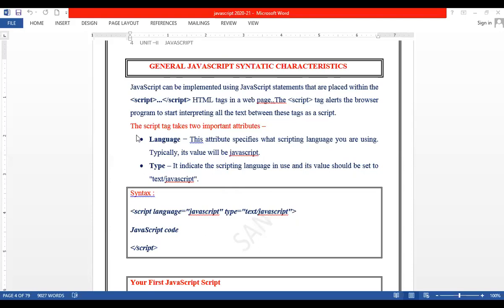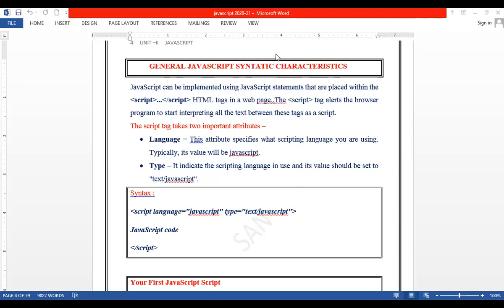So yesterday I told you that the script tag plays a very, very important role when we want to include the JavaScript in our HTML code. So there are different ways of writing the JavaScript. We can write it in the HTML file. We can write it externally and import it into our HTML file. We can write it within the header tag. We can also write that within the body tag. So let us have a glance at that today.